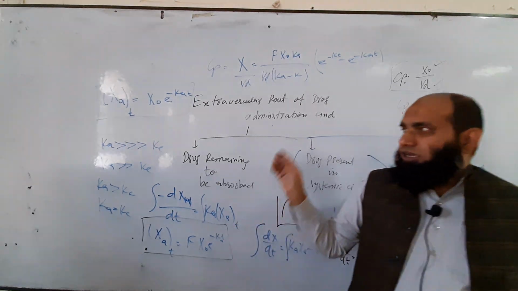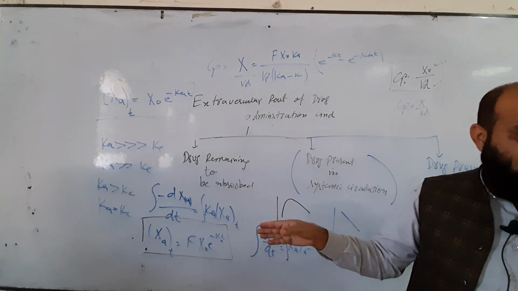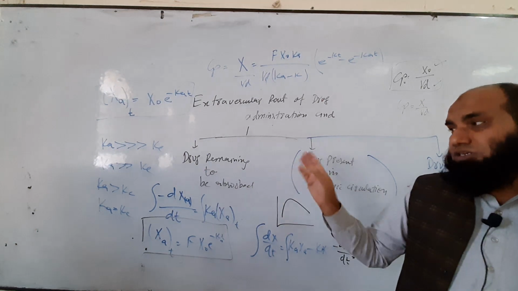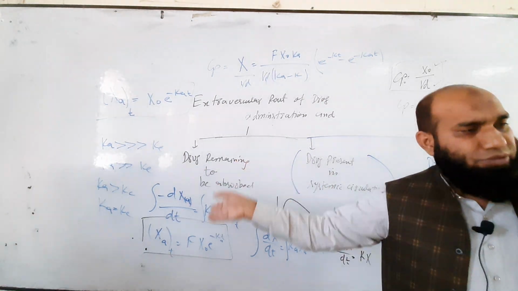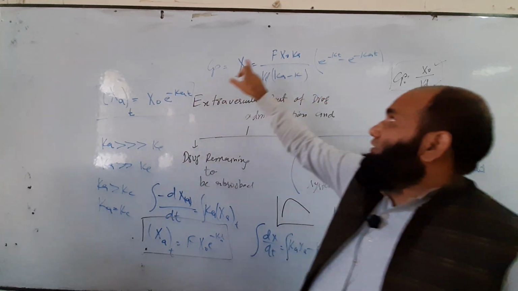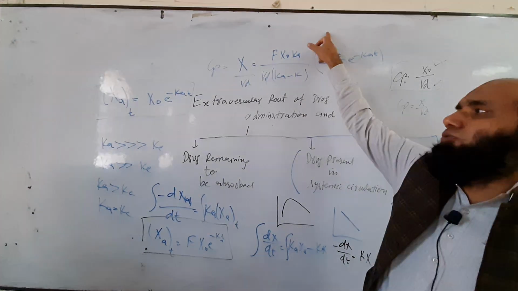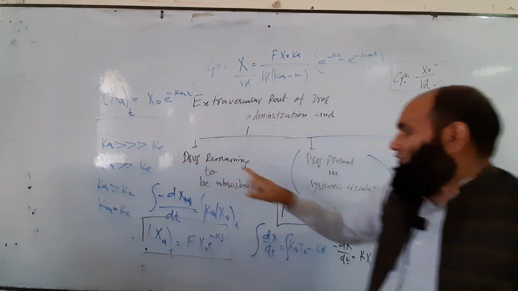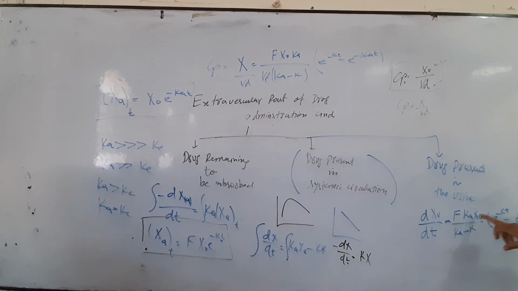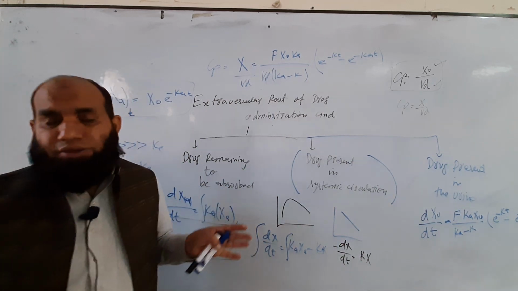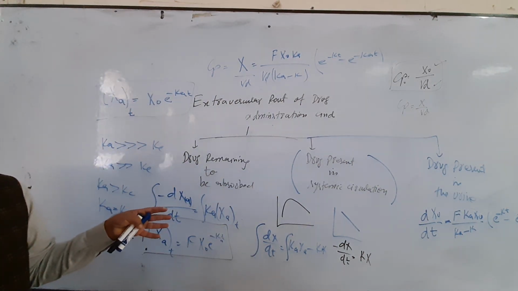We will assume that the rate at which the drug is coming from the GI system to the systemic circulation is equal to the rate at which the drug is eliminated from the systemic circulation. So, in our initial stage, this equation is good because we have both values, Ka and Ke, and this equation will also be applied because we have Ka and Ke. But with the passage of time, we assume that this Ka is getting slow and Ke is getting fast. Why is this happening so?